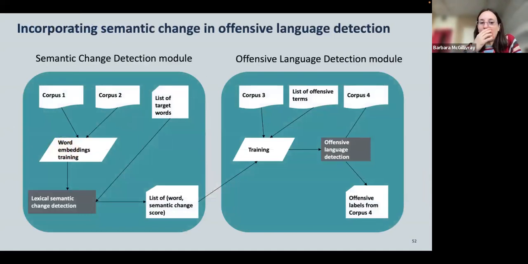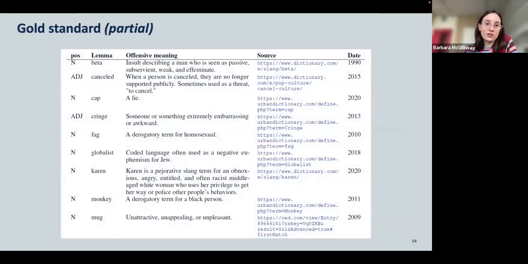So the idea was, can we have a semantic change model that, taking two corpora, can tell us which words changed in this time period, and then it informs an offensive language detection module, because it will alert us of the words that were not offensive but became offensive due to their change in meaning, or vice versa, were offensive and stopped being offensive. And so we compiled a list of such words that became offensive or stopped being offensive. For example, Karen, or cancelled,